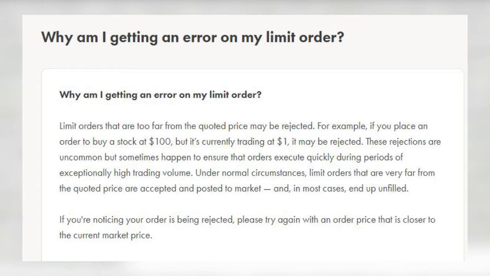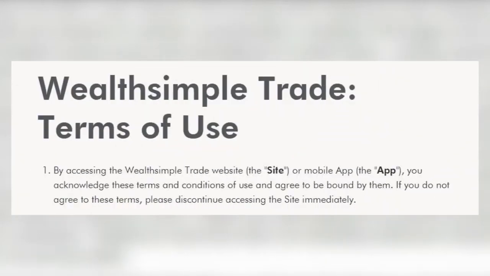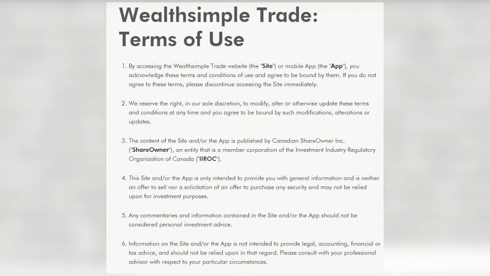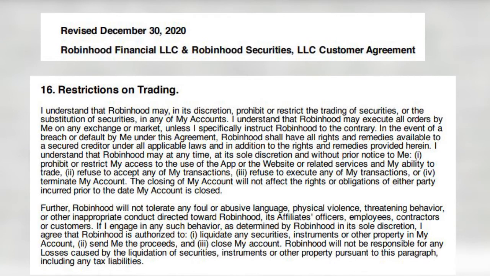What can investors expect? Well, the first thing is that whenever you're using an execution-only service like this and not relying on any advisor with this sort of platform, you're generally agreeing to their terms of service by using it. And in those terms of service, the company will give themselves a whole bunch of rights to do things that can affect the service that they provide you. In Robinhood's user agreement, they explicitly give themselves the right to restrict trades in certain stocks. I haven't been able to find something similar in Wealthsimple Trade's terms of service, which seem kind of incomplete in comparison to the 33-page document that Robinhood has, but let's just assume hypothetically that Wealthsimple Trade and these other brokers in Canada all give themselves the right in this agreement.